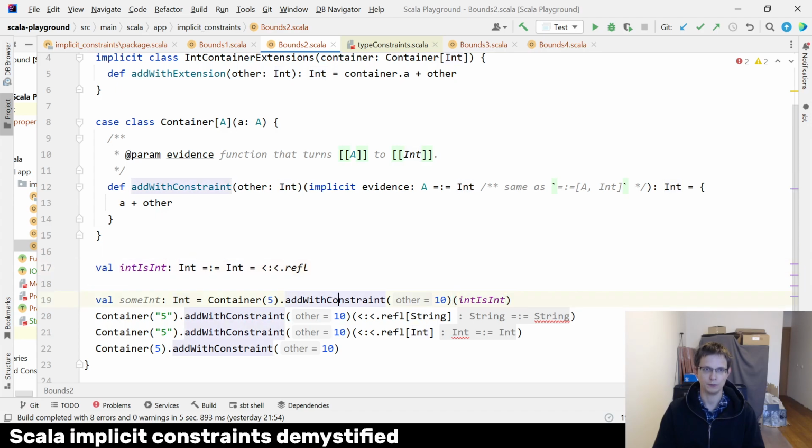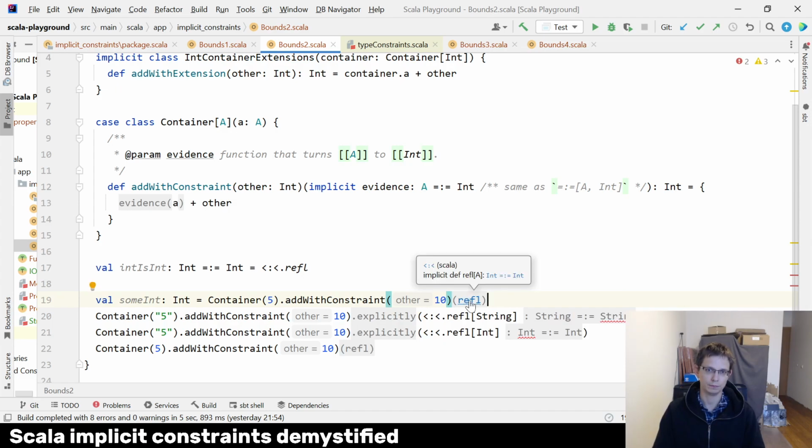And when you invoke with constraint, here you need evidence that integer is an integer. And you can provide it explicitly like this. You could even provide a custom function as well. But if you don't do that,